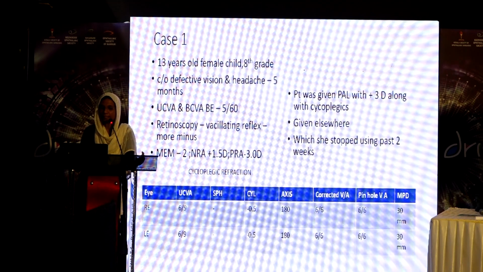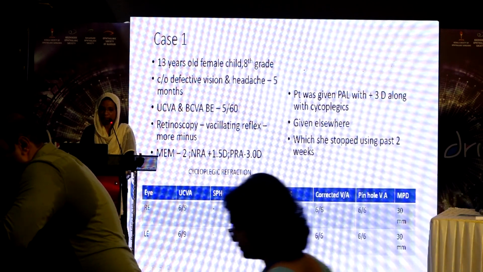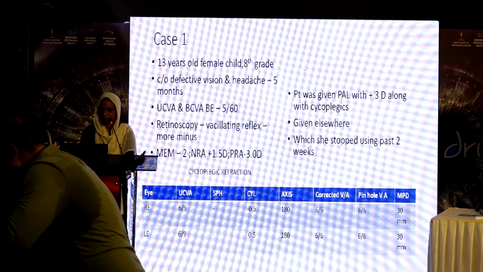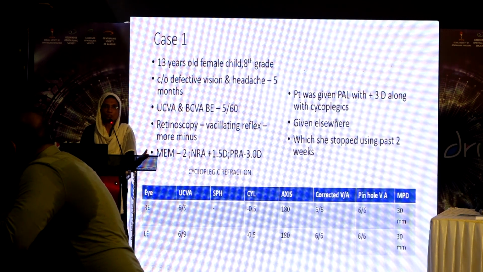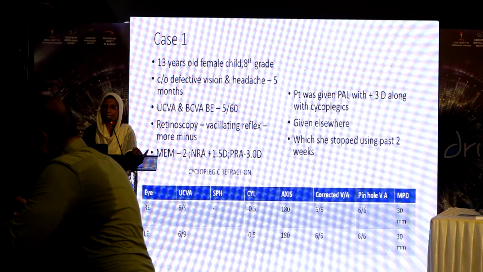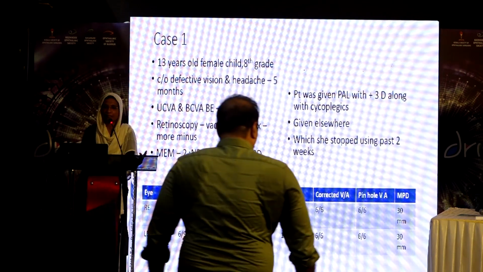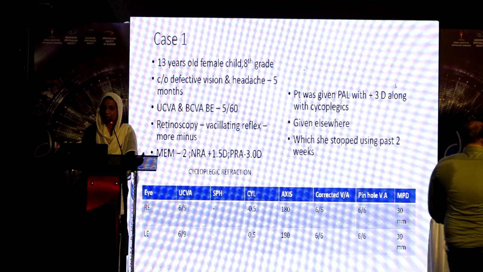Case 1, 13 years, 8th grade. Here a typical case of variable reflex, more minus in dynamic and very little minus in cycloplegic, and the patient was diagnosed to have pseudomyopia. The patient was being treated elsewhere with a progressive addition lens and plus 3 diopter. Even then she was somehow not convinced and comfortable with the treatment,